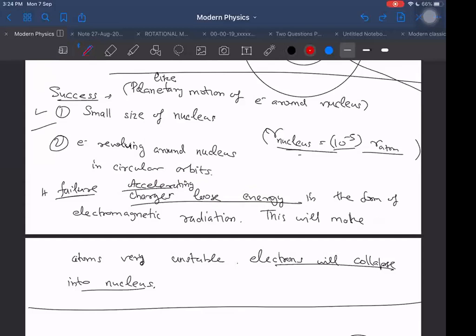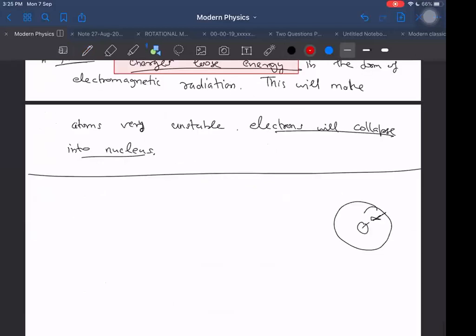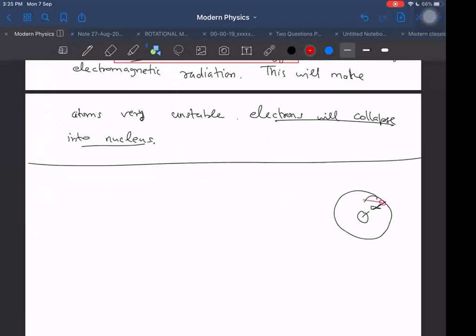And this is a very important line which I am reading here. Accelerating charges lose energy. Is it accelerating, the electron, or not? Then it should lose energy in the form of electromagnetic radiation. So it will start radiating. The atom will radiate, and as the atom radiates, energy will keep on being lost and it will fall into the